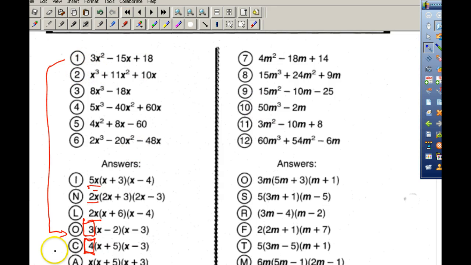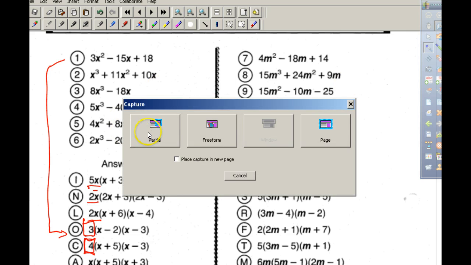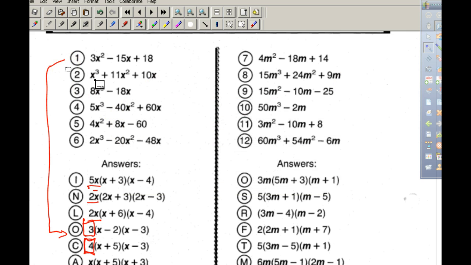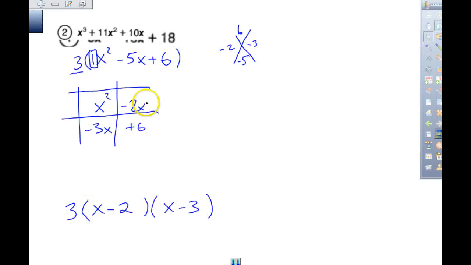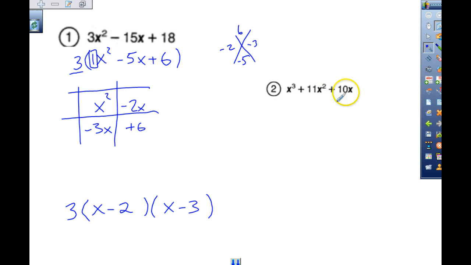Notice here on number 2, I'll just mention this, I won't do the whole thing. But on number 2, the GCF is not a number. They don't, 1, 11, and 10, there's nothing that comes out, but they all have an X. See, normally there's no number, there's no variable here. Look at all the others. So that's the case. Your GCF here is just 1 variable, X. And then all the numbers stay the same, they just drop by 1 variable. So you can have a GCF of a number, it could be a variable,